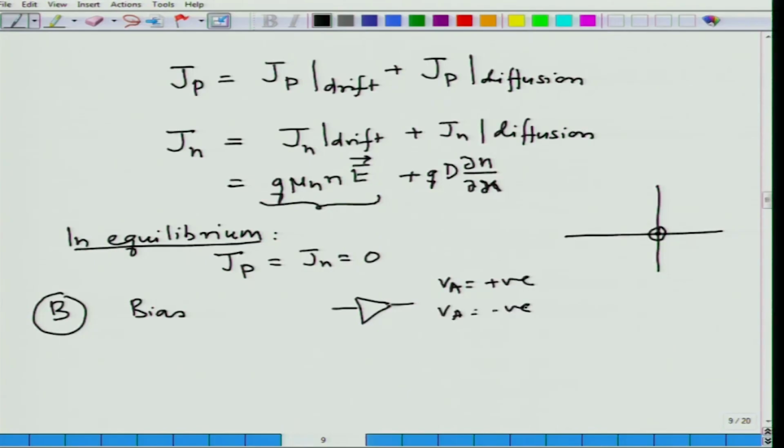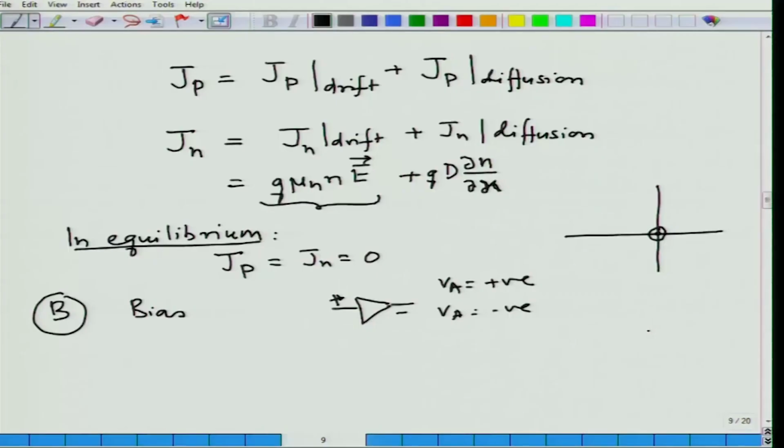Now, what happens if I apply a positive bias? Basically, what I am saying is if I apply a positive bias, I am going to give more energy to the electrons or the holes to move in the direction to give more current, and if I apply a negative bias, it would be obstructing that current. So, if I try to look at this in terms of the band diagram, in terms of forward bias,